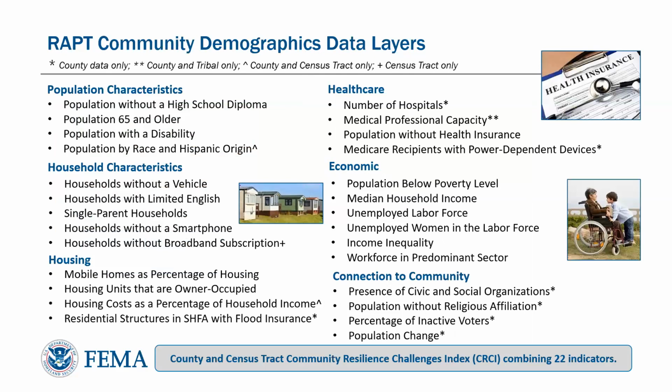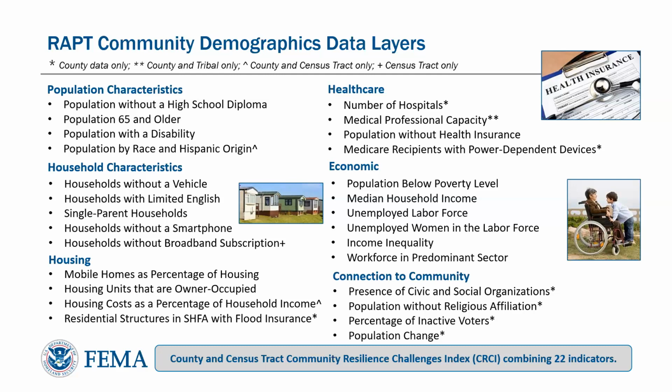So we talk about the 22 indicators, and what are they? They're all listed here, and most of these indicator layers come from the U.S. Census Bureau's American Community Survey, the ACS, and all of the data you'll see in RAPT today for demographics are 5-year averages. We have almost all of these layers available at the county, census tract, and tribal levels. So, we want to make sure that we include our tribal territories as well. We're really glad and proud to have those included.